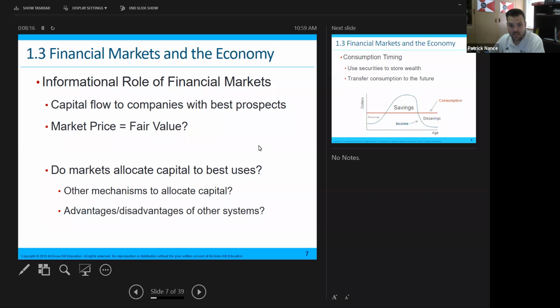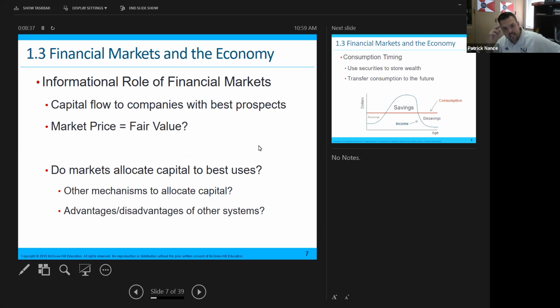Market capitalization, just so you know, is the total aggregate value of all the shares of stock on the market. So if I go out and look at a stock price, no matter what stock, say Apple, and then I multiply that by the number of shares outstanding, that would be the market cap, the market capitalization.